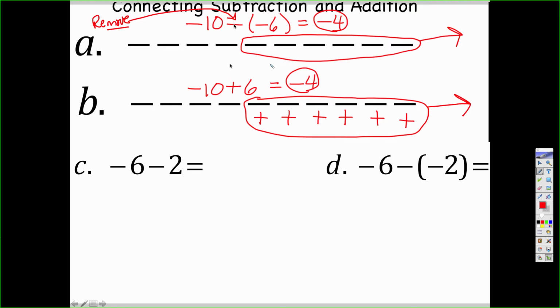They both start with -10. They both end with the -4. That's our answer. But in between here, one has subtraction, one has addition. So how we connect those, the first number, this -10, is still the -10. That didn't change. The subtract became an addition sign,